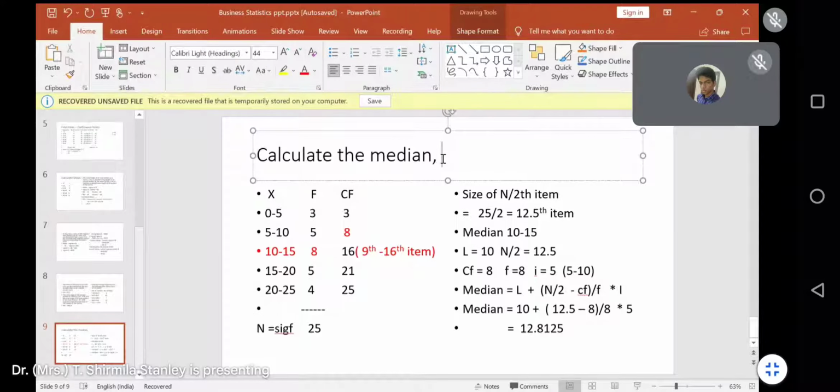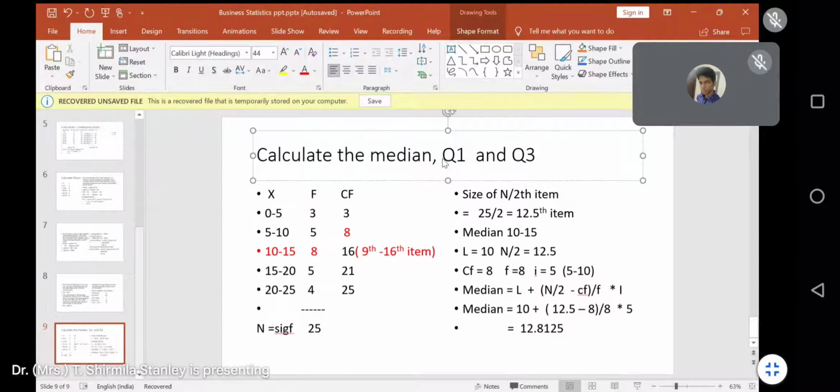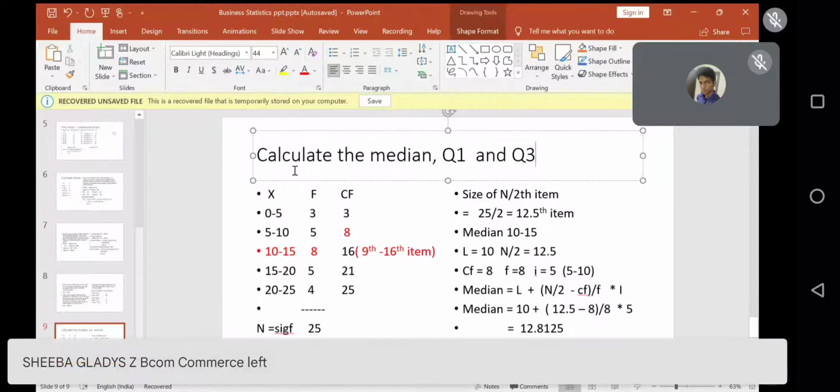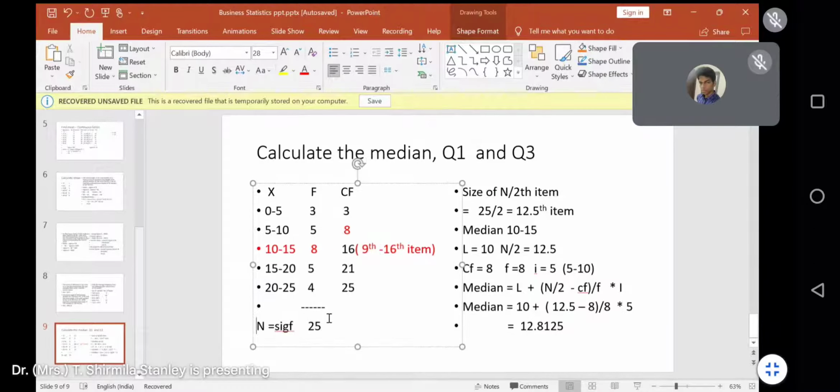Now, you're going to also calculate your Q1 and your Q3, because this will be helpful. Only if you know to calculate your quartile, then only you will be able to calculate your quartile deviation. Quartile deviation talks about Q3 minus Q1, how much is it, and so on, right? So you should know how to calculate Q1, and you should also know how to calculate Q2. Now, since this problem is there, I just want you to calculate Q1 as well as Q3. Okay, only one difference we are going to make in this problem. What is the difference? What is the only change that we are going to make?